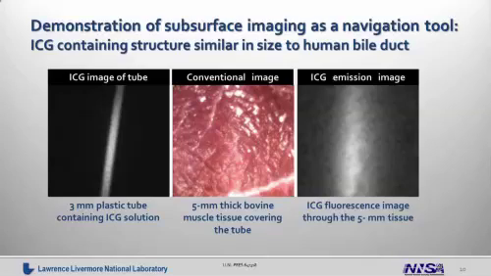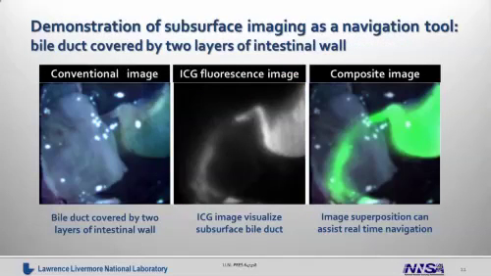We can appreciate that the color image in this case, which is the middle image, cannot visualize the tube underneath. But when we turn on the fluorescence image, now we can see below the surface and see the location where fluorescence is present, in this particular case simulating the bile duct system. So this is really important. Here is another example where we have, again, 2 layers of intestinal wall positioned on top of the bile ducts. And when we turn on the fluorescence image, we can see the bile ducts underneath the dense connective tissue of